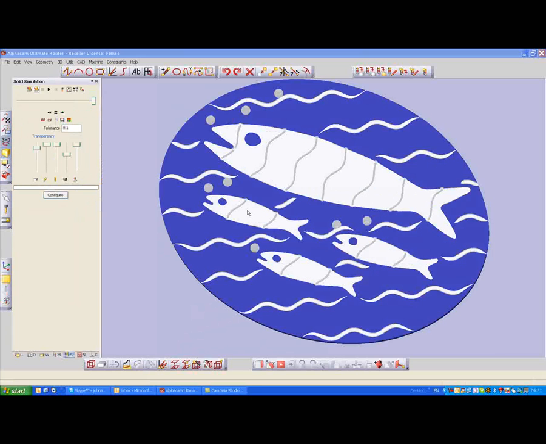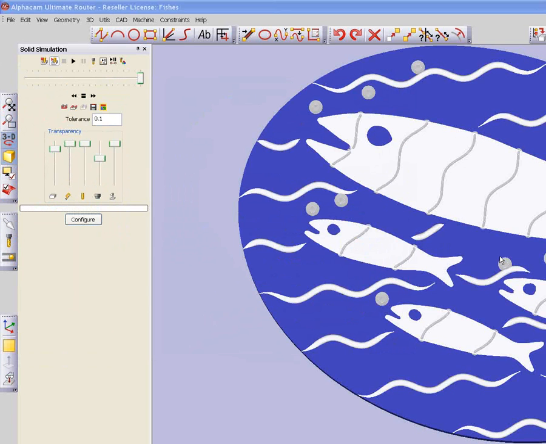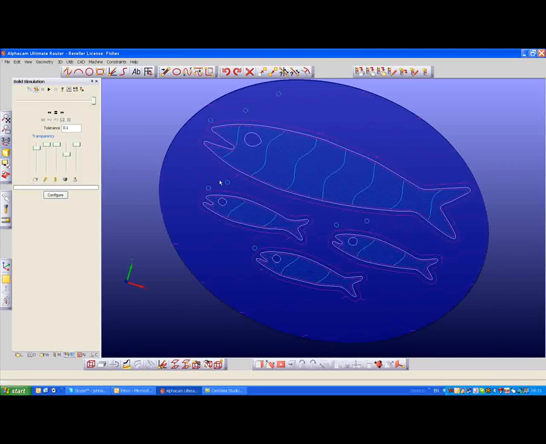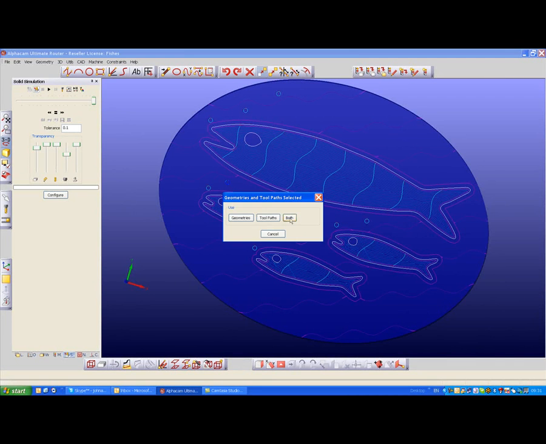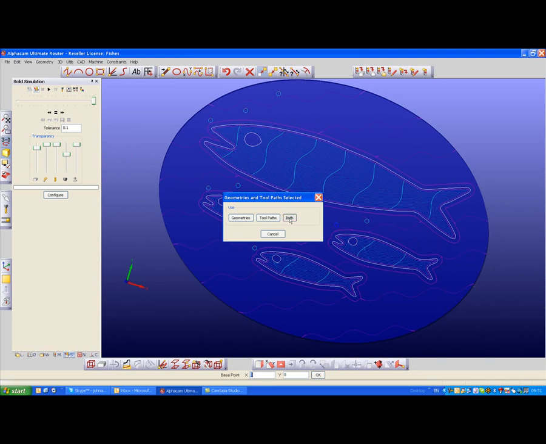I want to do a couple of modifications to this. We'll change the depth maybe of these fish scales and move these two bubbles. So just cancel that. We'll do a move both, just drag that away a little bit, both again,